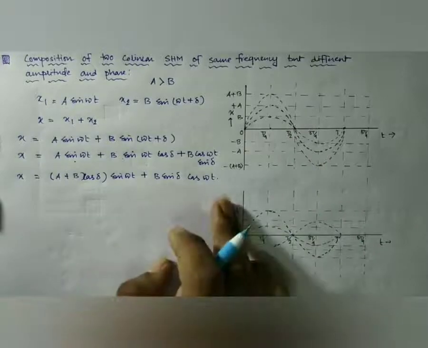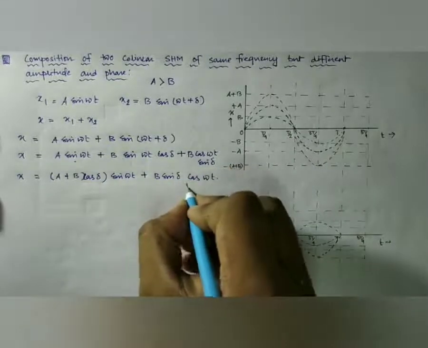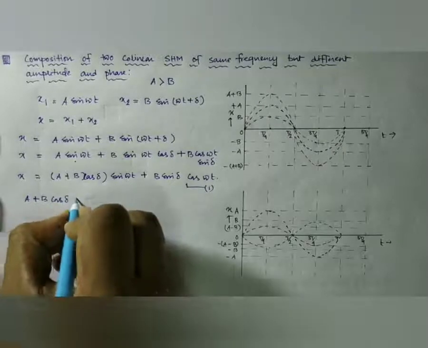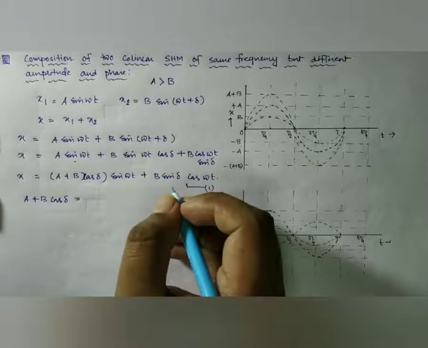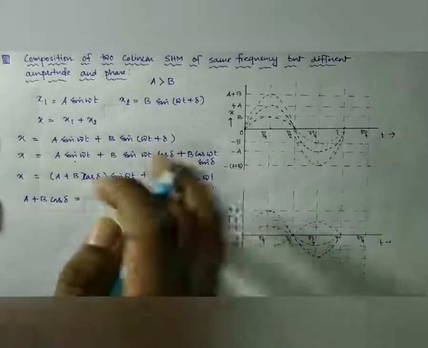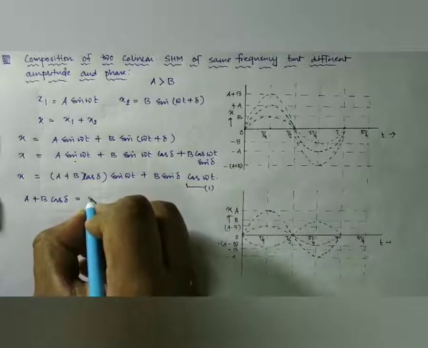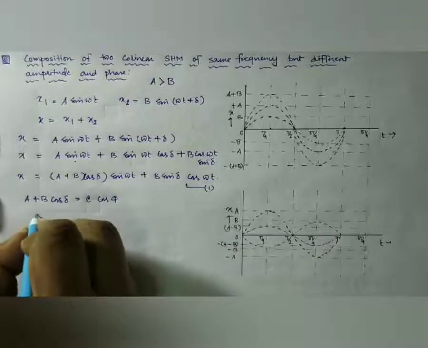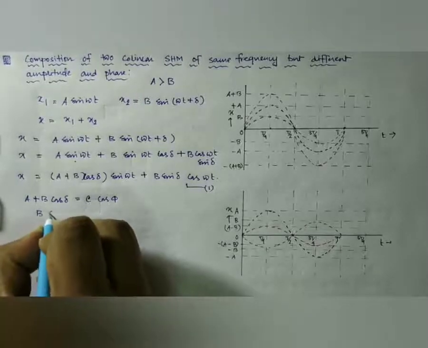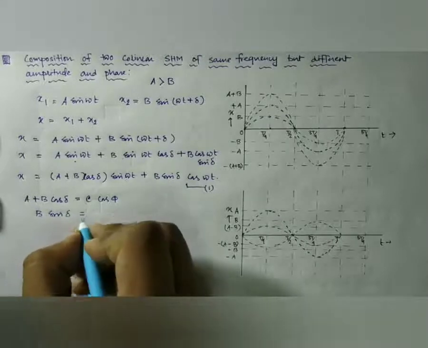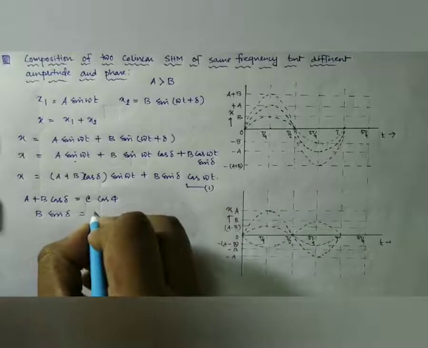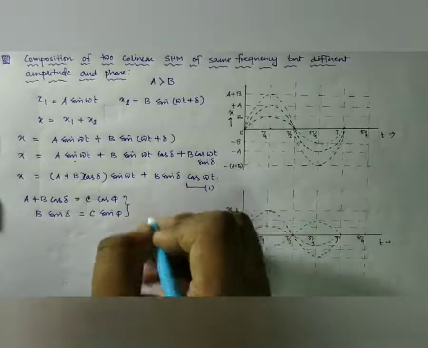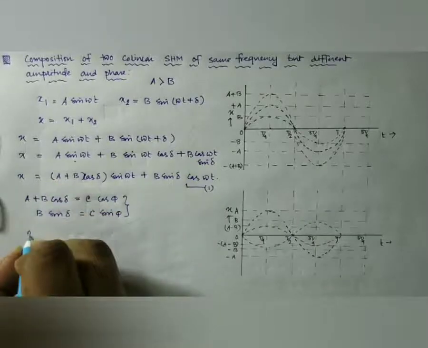Now to write it in standard form, suppose this is equation 1. Assume that a plus b cos delta equals some c cos phi and b sin delta as c sin phi, and putting all these values in equation 1, we obtain that x equal to